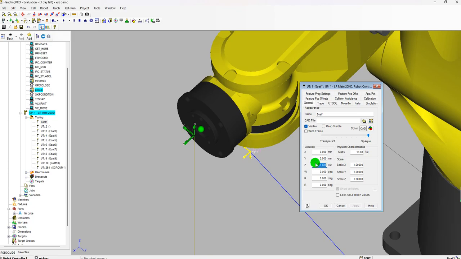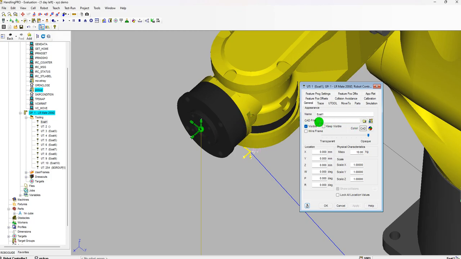If you don't do anything, originally it should be all zeros. So this location will be right on the surface of this joint 6. Now that's empty on joint 6. If we want to import a base to this location, connecting with this flange,